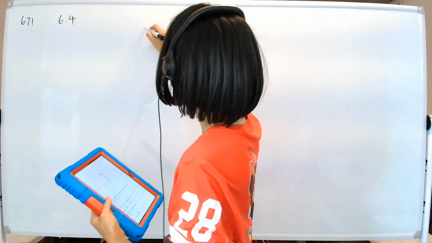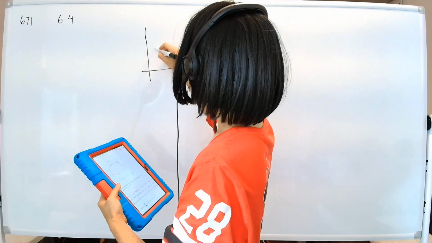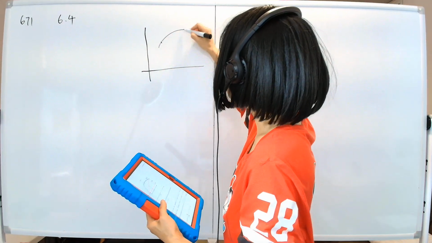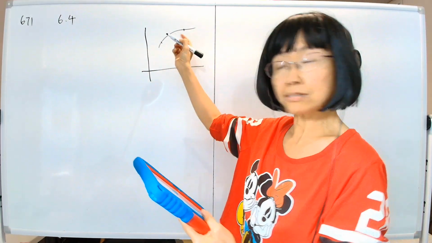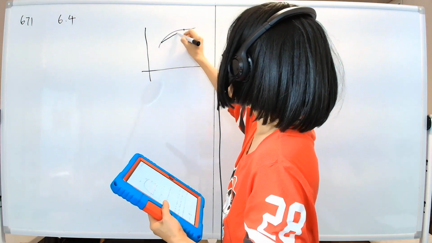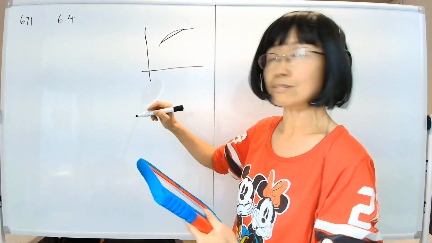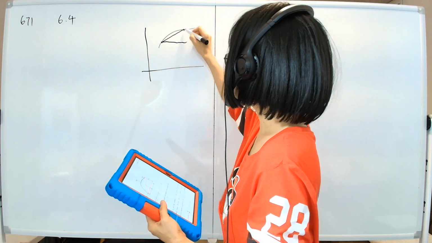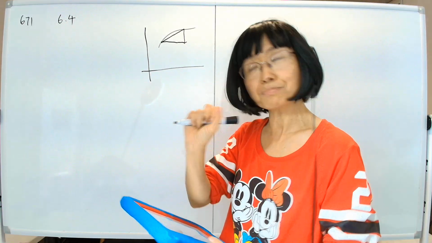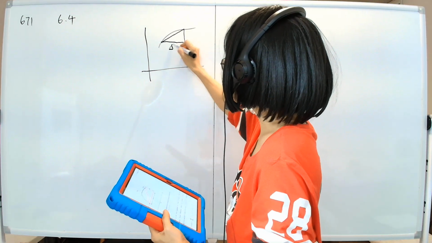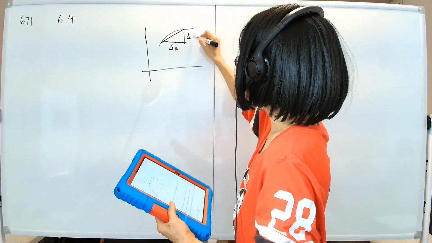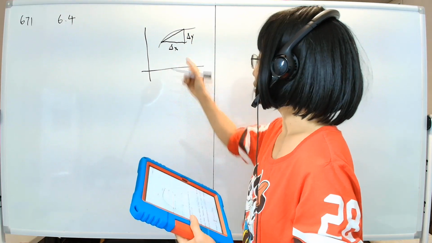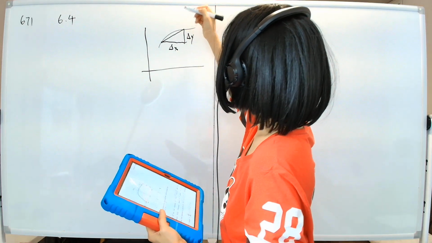Why don't I just draw this out? Okay. So let's say you have some kind of curve, right? And I want to know how long it is from here to here. But it's bent, so it's hard to tell. So what I'm going to do is draw a straight line across, which is shorter than the original, but we'll approximate it that way as we make the calculation smaller and smaller. It'll be more accurate. So this distance is called delta x, and this distance is called delta y, and the hypotenuse,